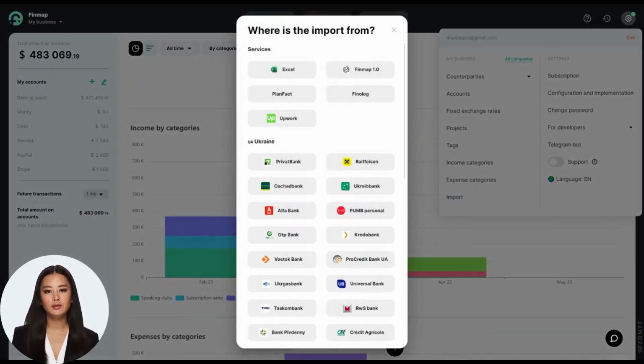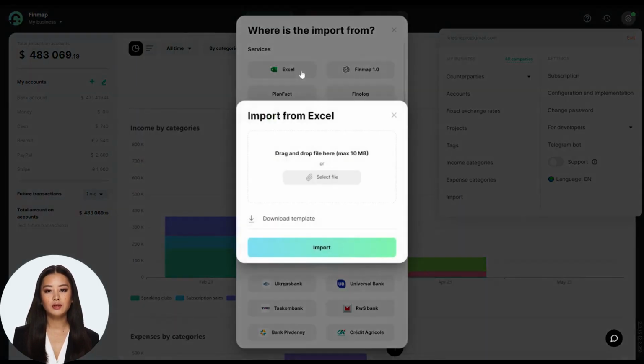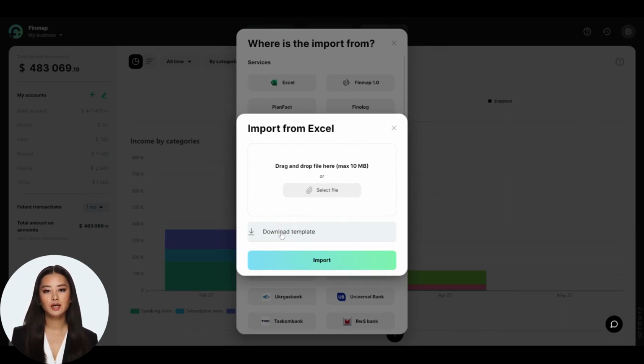With this function, you can transfer all your transactions to Finmap by completing a table template. To begin with, click on the Excel button and select your file. You can drag and drop the file or select it from your computer. Next, download the template provided by Finmap to make data entry easier. Once you have downloaded our template, the next step is to fill it with the data from your old Excel